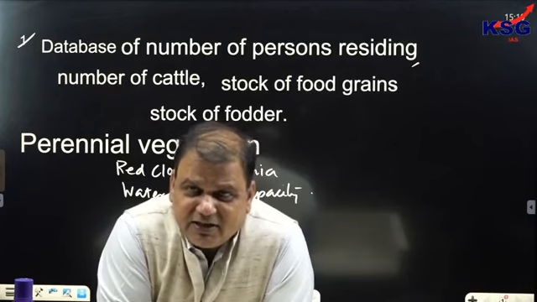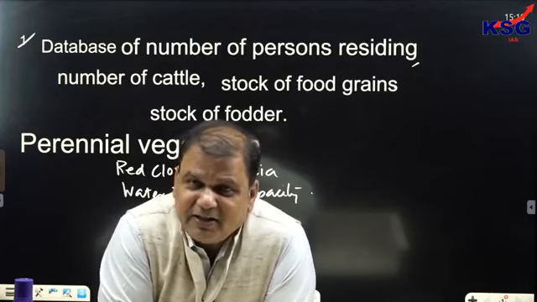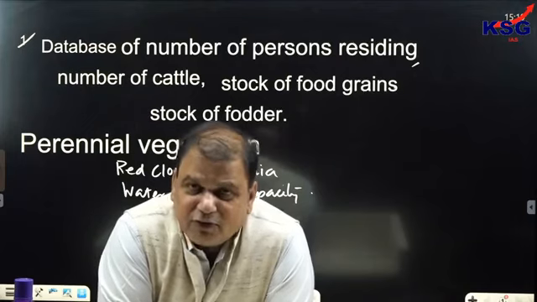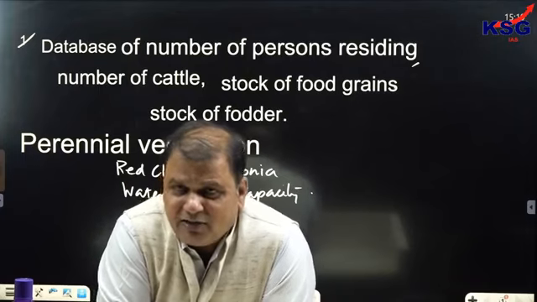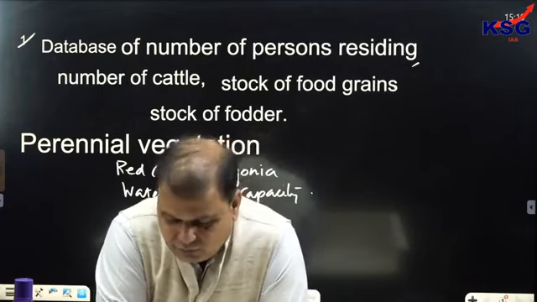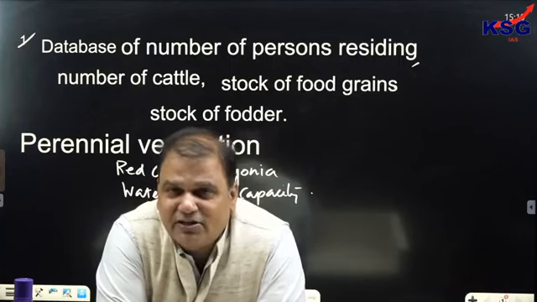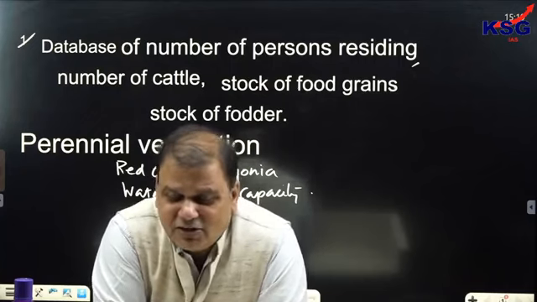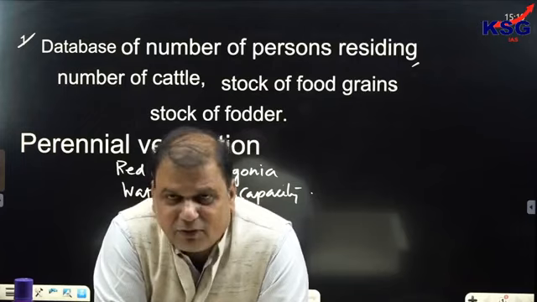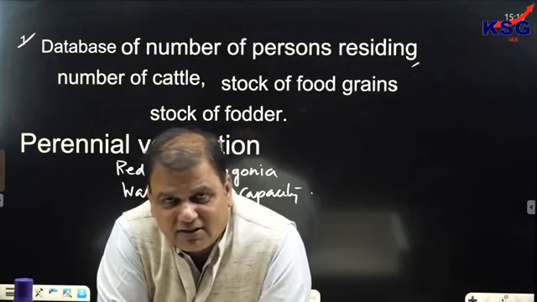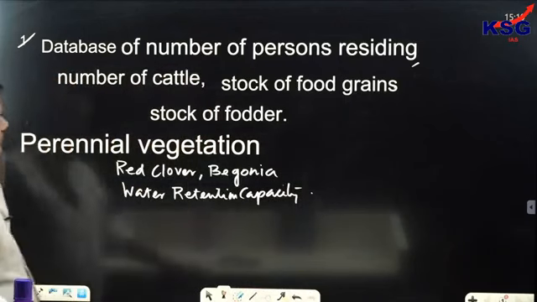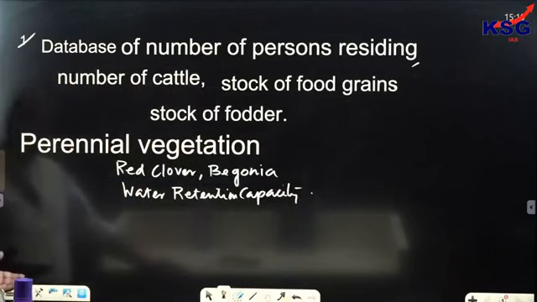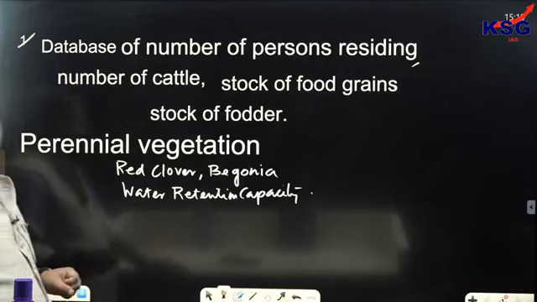So that's one thing. Second thing is what? Where is the catchment area which can be used for water harvesting? Because the catchment area which can be used for water harvesting has been highly encroached upon, and that is due to environmental degradation on a large scale. So that's another thing. Catchment area has been encroached upon. So these are the drawbacks of water harvesting.